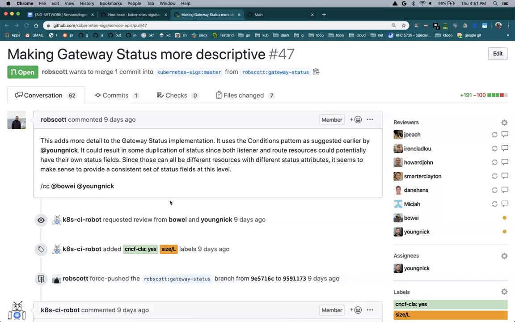So I have a question about conditions with regards to the routes. On the gateway status, you can tell when something went wrong with routes because there are some conditions that refer to routes. But because conditions, as we just discussed, are non-interoperable, there's no way to look at all the routes and figure out which route went wrong, because you can't examine conditions without knowing anything about the type of resource that's publishing the condition.